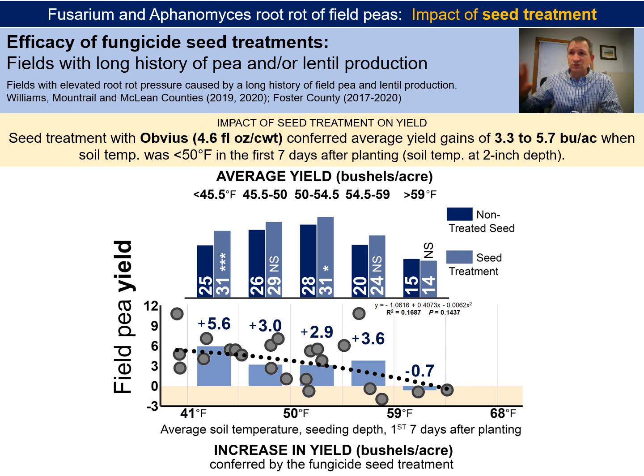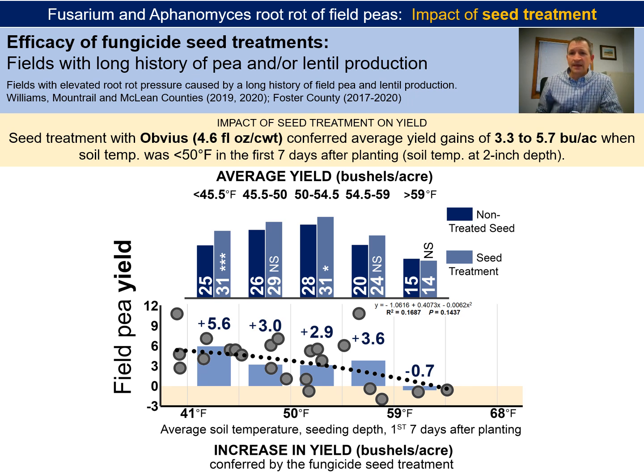And this makes lots of sense. It's in those cool, wet soils that Pythium and Rhizoctonia are most important. Now, these seed treatments have excellent efficacy against Pythium and Rhizoctonia, and so you plant the peas into cool, wet soils, and you use a fungicide seed treatment. The fungicide seed treatment takes care of much of your Pythium and Rhizoctonia problem, giving you a really big yield